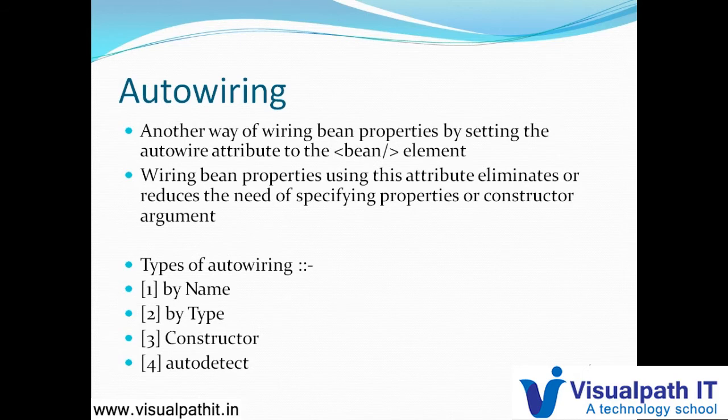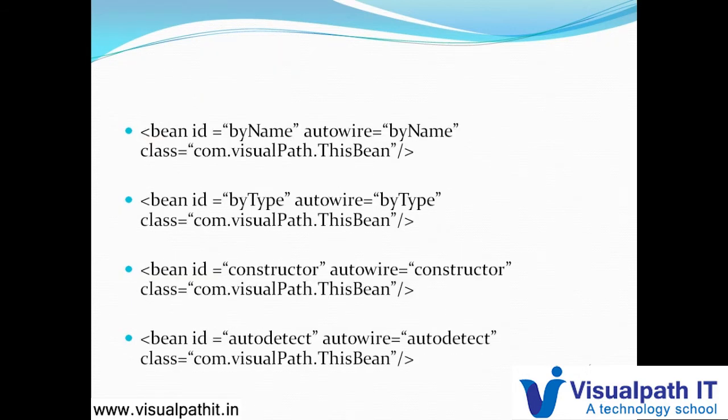byName is used to autowire a bean property by property name. When this type of autowiring is used, the container looks for a bean with exactly the same name as the property that needs to be autowired. For example, if we have a setBookstore method and a bookstore property in that, the Spring framework looks for the bean definition named bookstore and uses that setter, setBookstore, there.